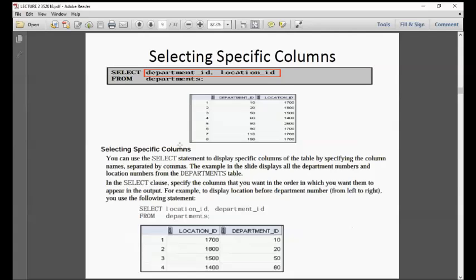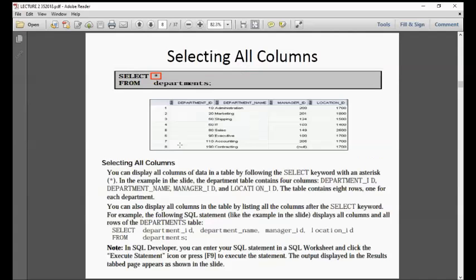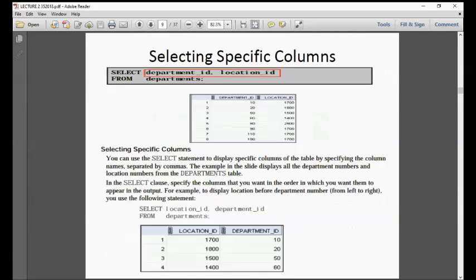Now, if you want a specific column, this one, specific column. So, I just want the department ID and the location ID from department. So, just write it. If you want more than one, just put a comma and it will be okay. So, the output is here, location ID, department ID.